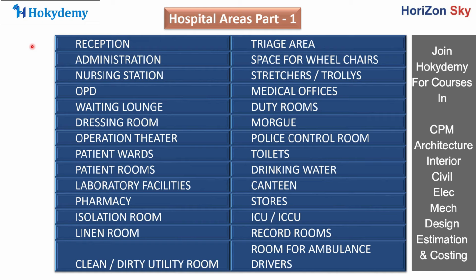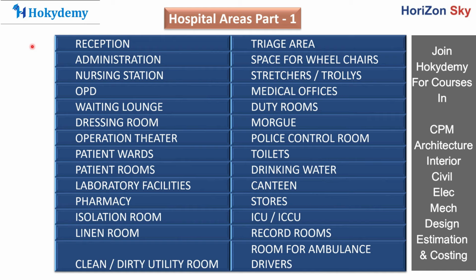Now, a dedicated police control room is always provided in any kind of hospital. This police control room always acts upon the different kind of cases that are being admitted inside the hospital. Say it might be an accident case or some kind of trauma is being inflicted upon a patient. So the police will confirm or see to it that any kind of criminal action is not involved in that case. So their main responsibility is to look upon the various legalities that are involved in all the cases that are being admitted to the hospital.